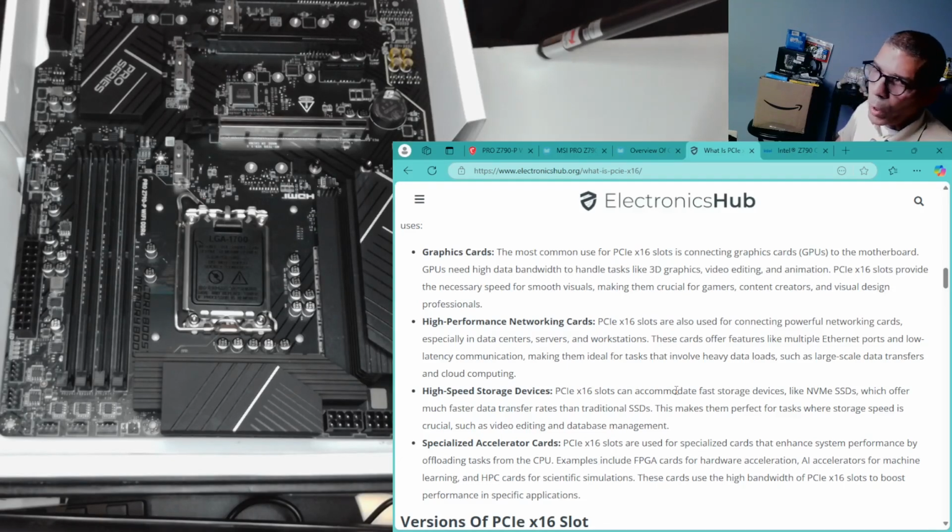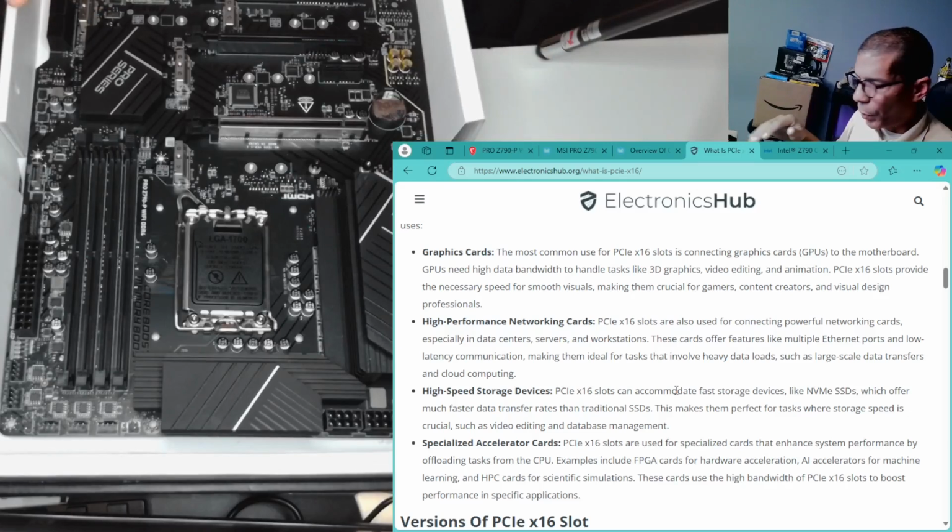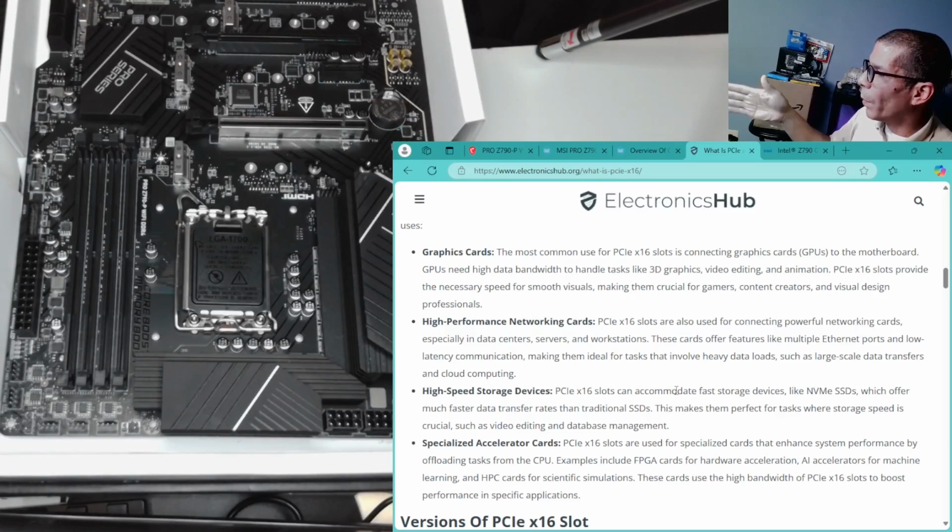I've seen 1 or 4 or 2. So if you are in the situation that you have a motherboard, perhaps an older motherboard, but you do have PCIe 16 that you're not using, and you want to have the ability to install an NVMe drive or SSD, you can get a card and of course install it